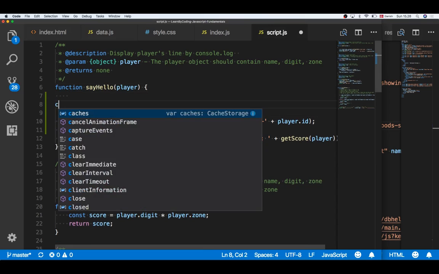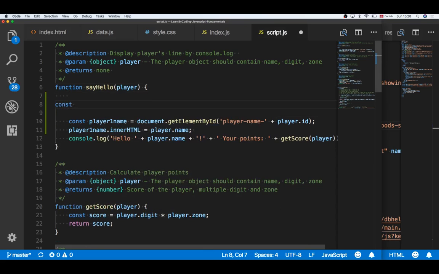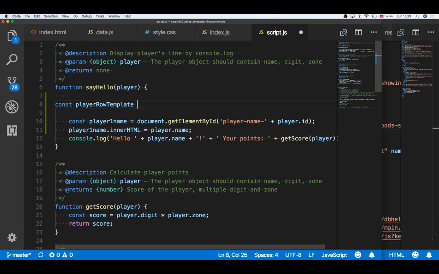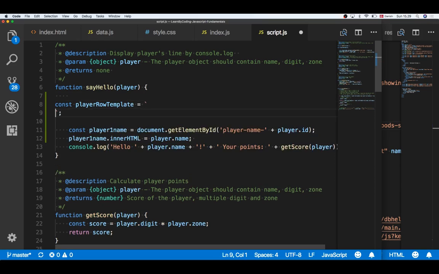So do you remember this thing? Let's say const player, give it a better name, template. Do you remember this thing? What is it? Template literal, right? Yes. So here you can define your own HTML, right? For our case,